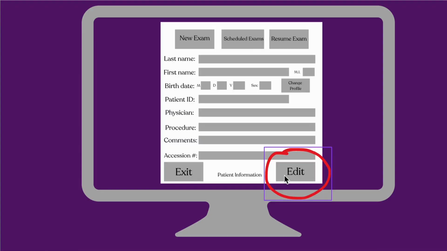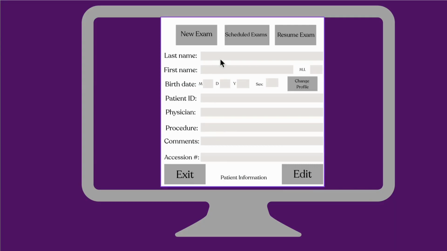So in order to fix that, you have to click the edit button when the boxes are gray. That'll turn all of the boxes white with all of the patient information in. If you misspell the patient's last name, you can go in and make the changes once these boxes are white. Hit the exit button. Systems often allow you to pull from a scheduled work list, which allows you to improve